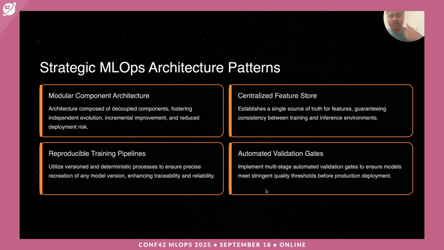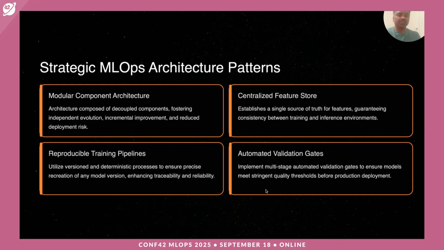The first important thing I want to touch on here is modular component architecture. So the more decomposable components, right? The core construct is that every component should be able to iterate on its own. You can deploy a model, not only model, anyway, the whole MLOps pipeline has multiple steps or components to it. Every component should be able to be iterated on its own and also improved, all this good stuff, right?